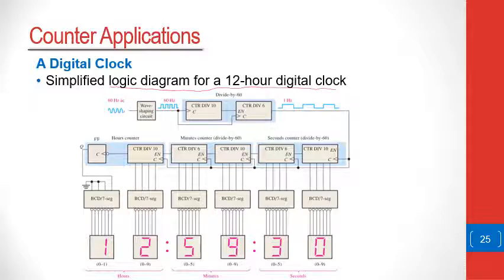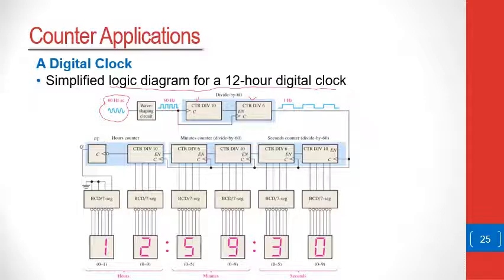And in this digital clock, we see, for instance, that we will normally receive a sinusoidal waveform from a clocking device or timing device, which will be a sinusoidal, not necessarily a square wave, and there will be a wave shaping circuit to make it into a square wave so that the counters can start working. So in this case here,